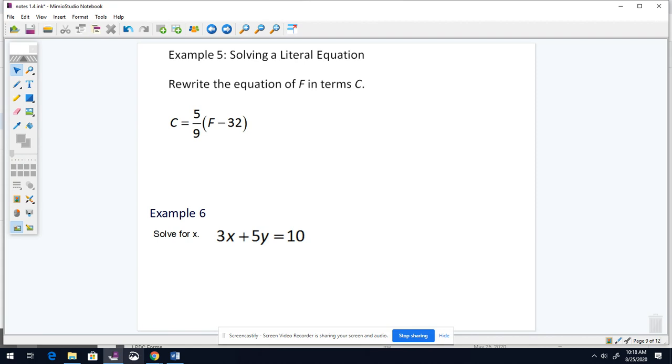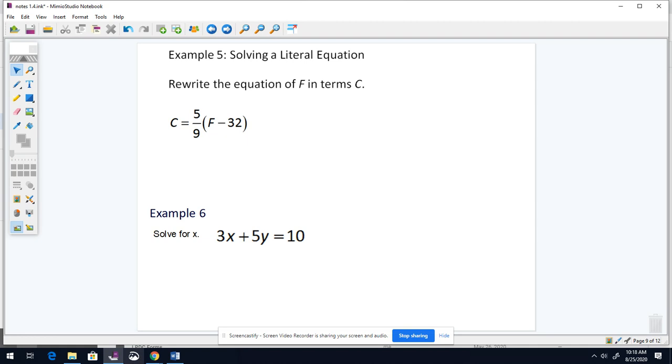A literal equation is an equation in terms of different variables, and it usually has an actual meaning in life. Things like the area of a triangle are literal equations. Equations that you work with in a lot of your science classes are literal equations, where those variables have a little more meaning than with something like 3x plus 2 equals 10 that you're trying to solve. So when we write a literal equation, we say that it is solved for a particular variable